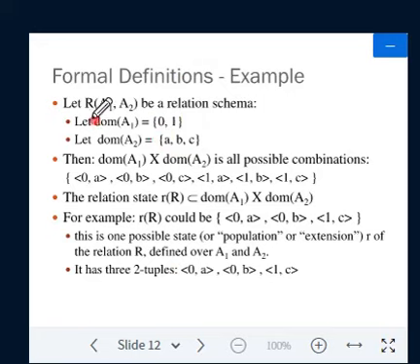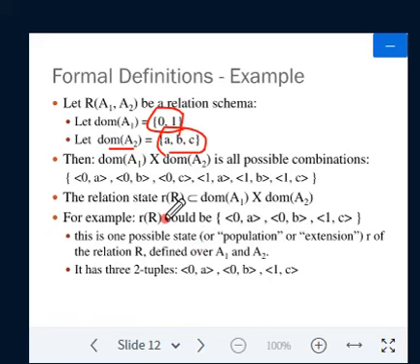If we have a relation R with two attributes A1 and A2, what is the domain of A1? It is the possible set of values, 0, 1. What is the domain of A2? It is the possible set of values like A, B, C, and so on.